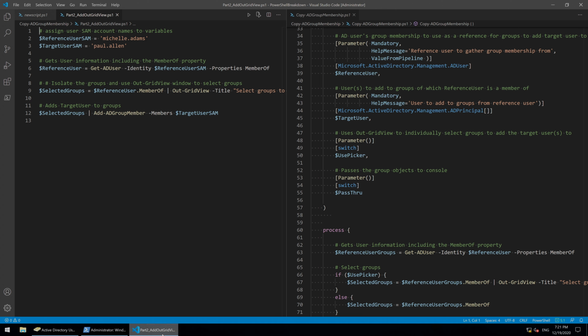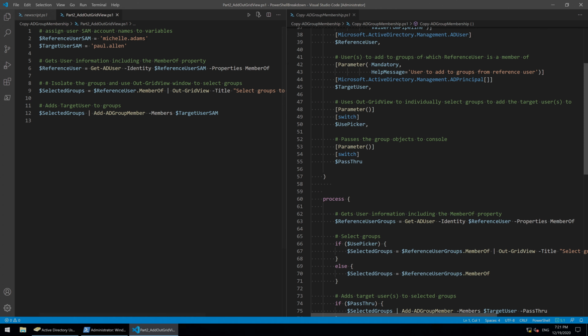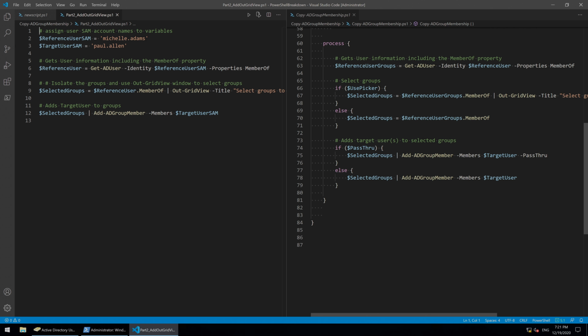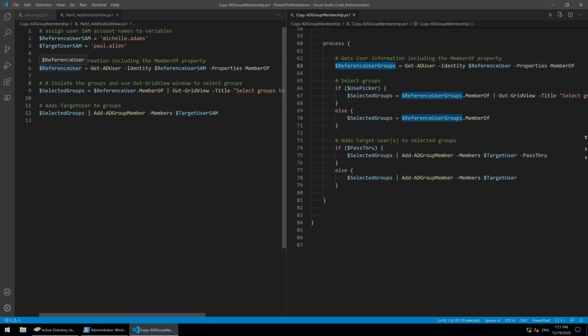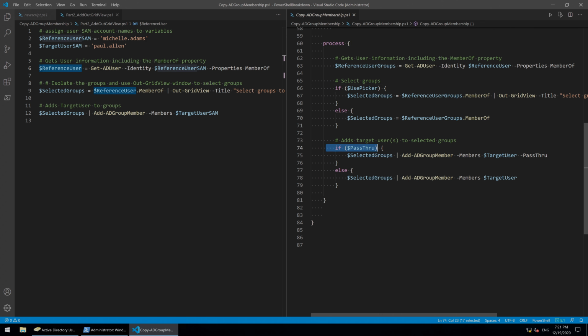Now, the heart of an advanced function is found inside the process block. You can also think of it as the engine, and it's where most of the logic will be placed. If we compare the process block with our script from part 2, we can see many similarities. So our variable names have slightly changed, and 2 if statements are added to take action if the switch parameter is used. Otherwise, they're basically the same because they perform the same core function. And since the core part of that script is the same, we're really just changing how it's used.